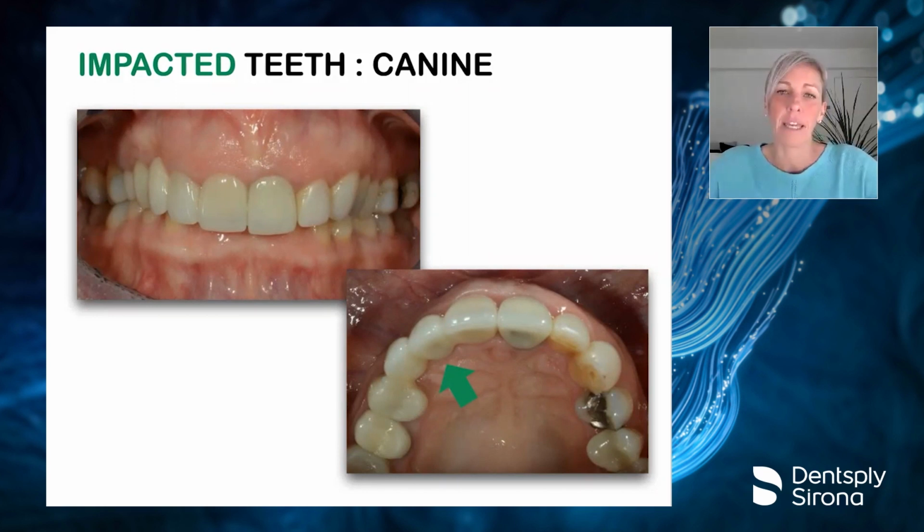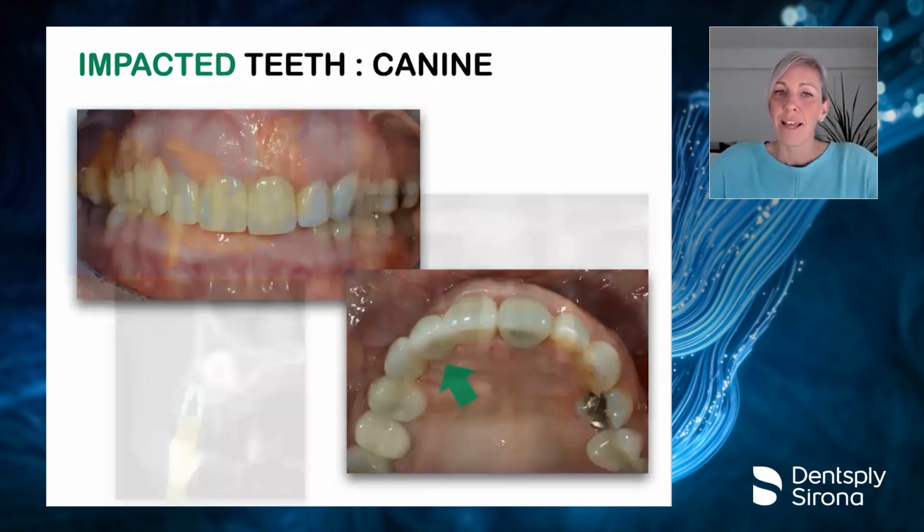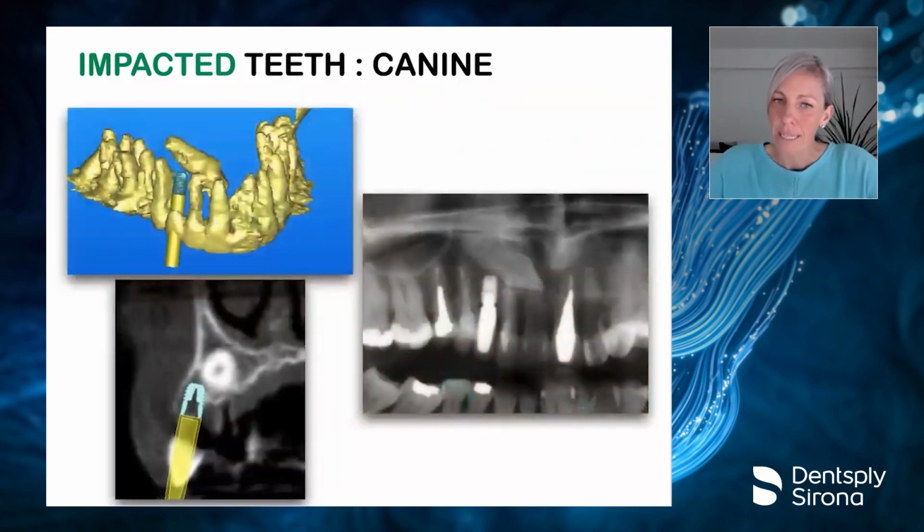So this is a case that I treated a few years ago with a bridge, in the early 2000s. And in 2014, we had a failure with the bridge. But because the canine wasn't in function, and because we had the opportunity to use a